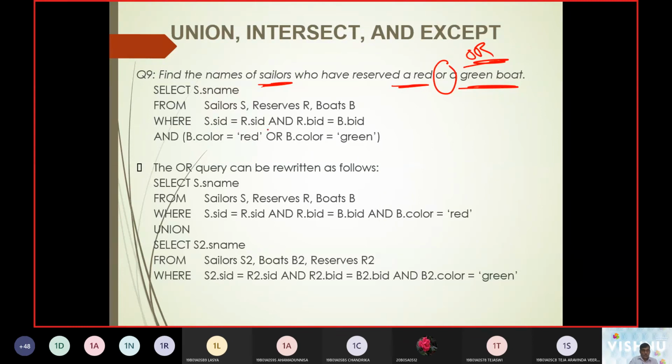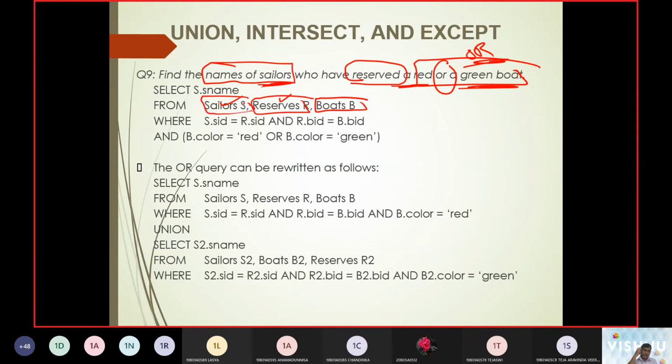So the names of the sailors have to be taken up. Reservation has to be taken up, and boat color is there. Therefore, we have to look into boats, reserves, and sailors. So three things we need to look into, from and where.